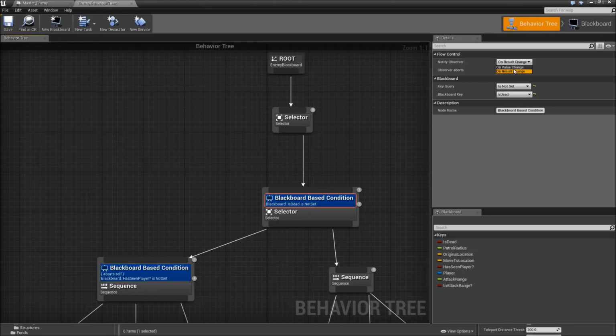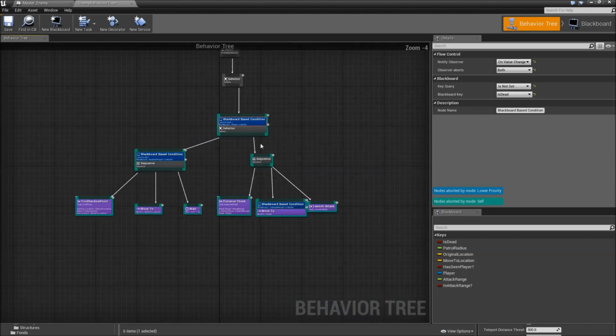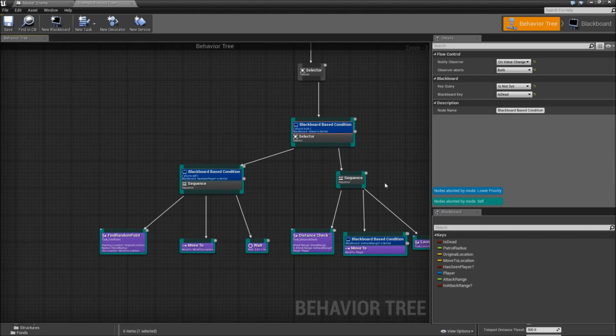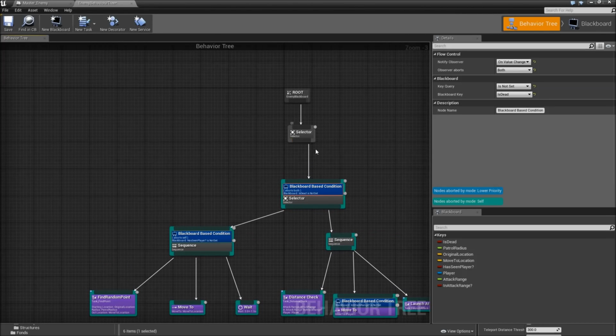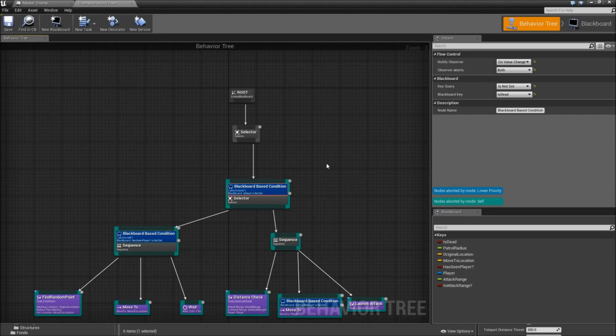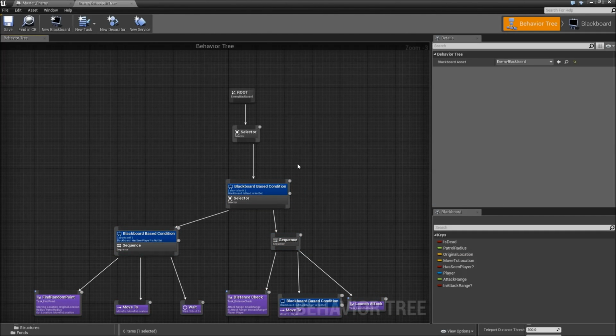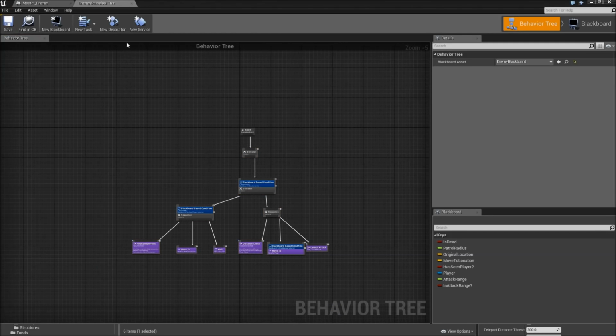The notify observer will be on value change, so when our is dead boolean is set, it will directly react to that, and the abort method will be both. So you can see all of the states down here. If we are in one of that currently and our is dead is set to true, suddenly it will abort and the selector here will fail, and because there is no other node right here or right here, the selector won't do anything. Okay, so save it, close it,